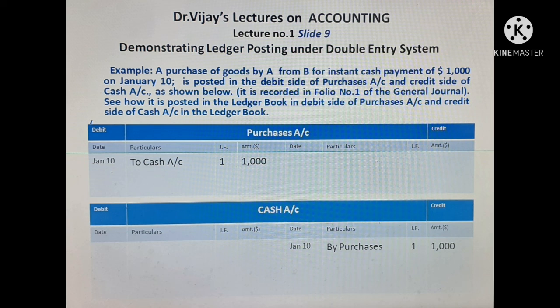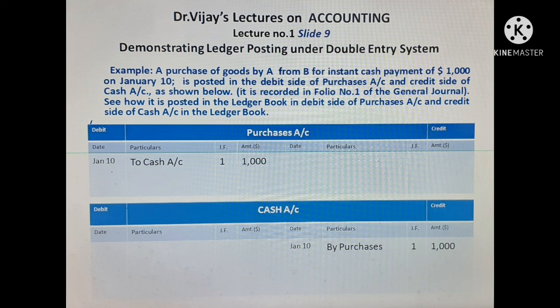Why this To and By? You will understand if you refer to the passbook, bank passbook, in which there is only one particulars column. All what we enter in the debit amount column, you will start with the preposition To. All the entries that you have to record on the credit side, the credit column of the cash book, you will start with the prefix By. This is how